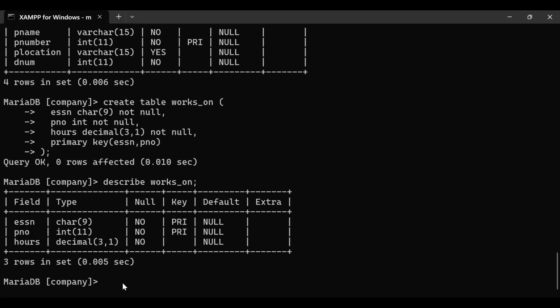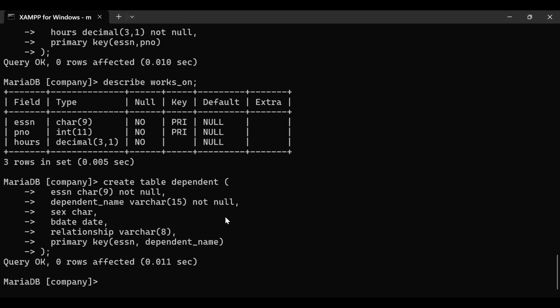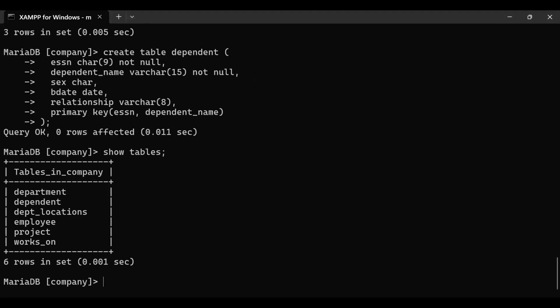Final one, we put dependents. Yes, show tables. Okay, this is fine. We have all the data points that we need for our database. So this will show you the complete company database structure. Now that we have the company database structure, the next step is we need to